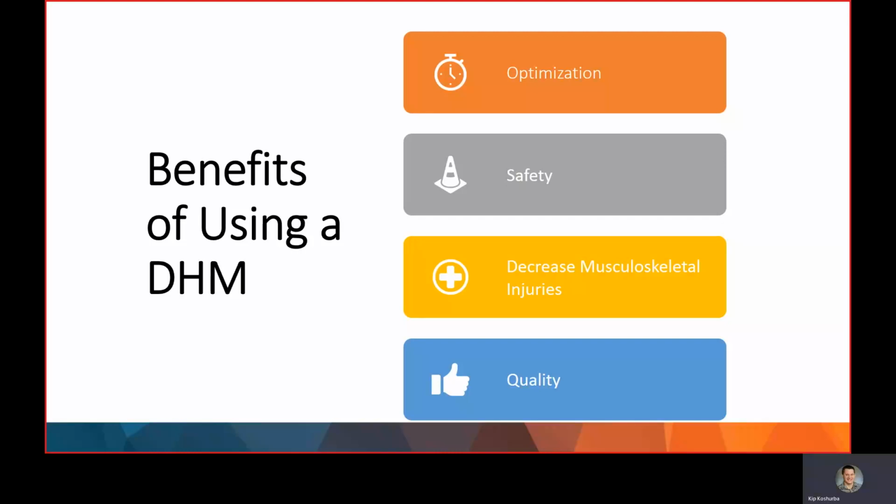The following foundational categories can all benefit. Each organization can find their own way to utilize digital human modeling. One effective way is to tie into your main drivers as an organization, whether that be safety, quality, time to market, cost, or anything else. Whether you're designing a product or designing a system, odds are that a human will interact in some way. So understanding how is a logical input. There are benefits to product design and benefits to manufacturing, and it is important to not lose sight of the differences. It is also important to note that the earlier on in the design phase a DHM is used, the